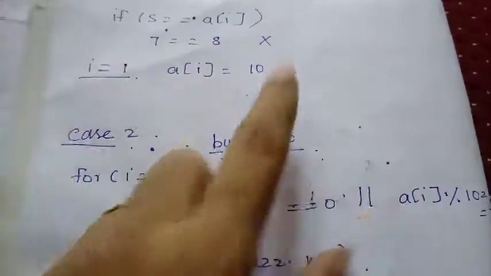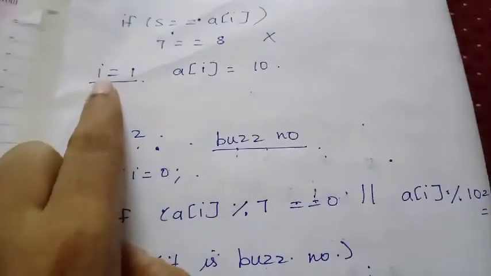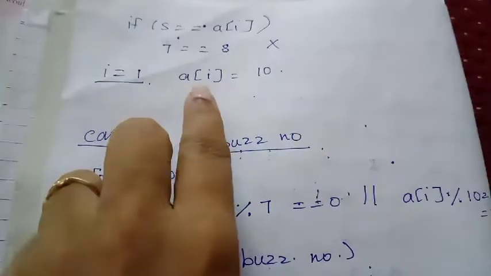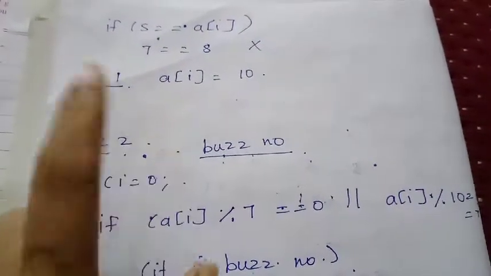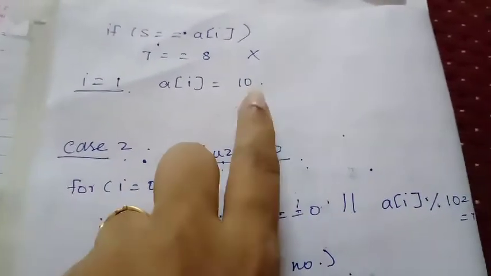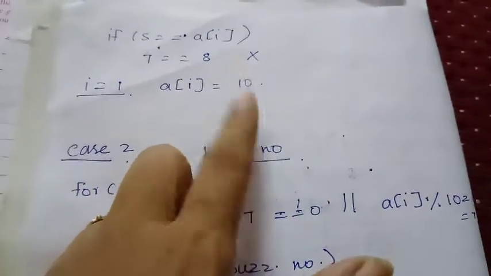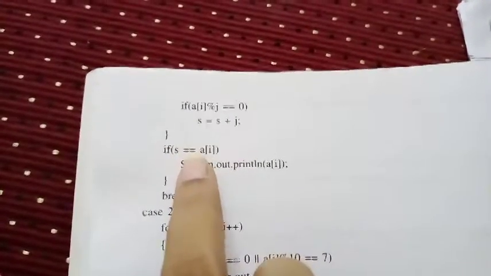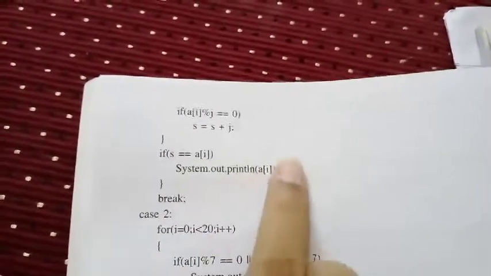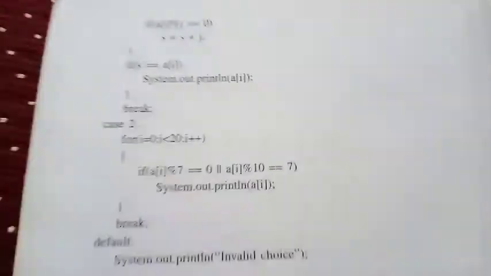So it will be skipped and it will go to the other number. Now iteration i is equal to 1 will be coming. So a of i is equal to 10. The same process of finding the factors will be repeated and it will again check if it is equal. If it is equal, it will come under the perfect number, otherwise the number won't be printed. Okay, so this is your case 1 to find the perfect numbers. So if the number is equal, that number will be printed, otherwise it won't be printing any numbers, it will just come out of the loop.